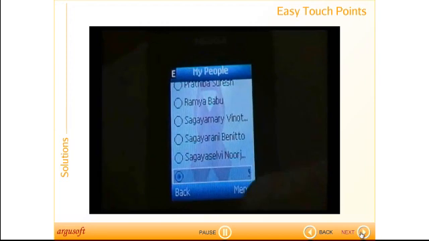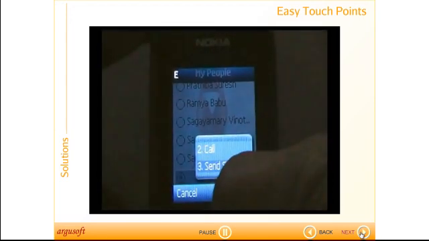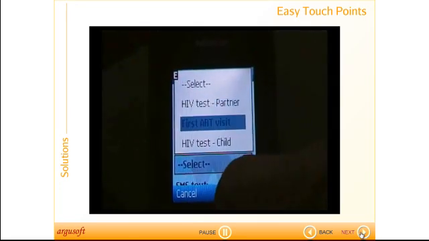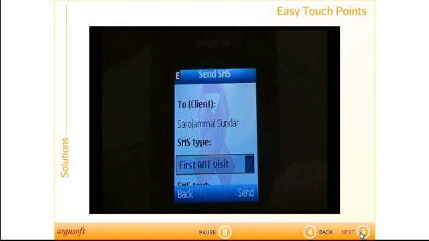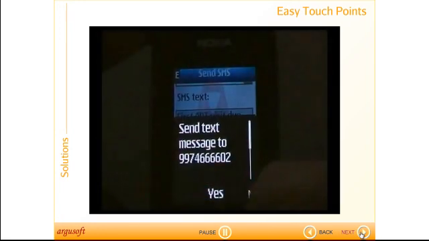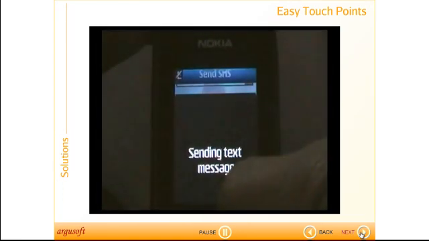The other touch point feature is texting or SMS. A health worker can send a pre-configured message or draft their own messages and send it to the beneficiaries that are attached with them. The system records all such interactions automatically and provides a report of touch point history as well.